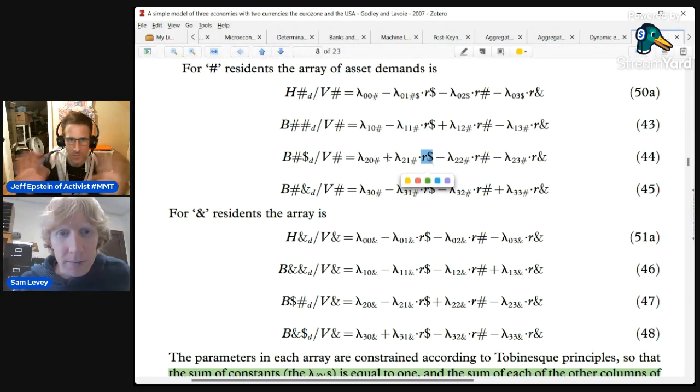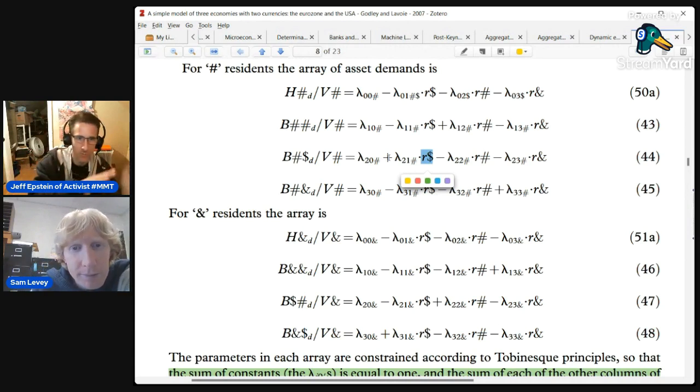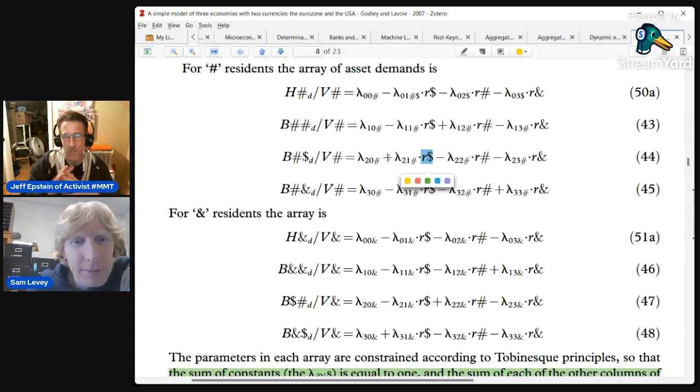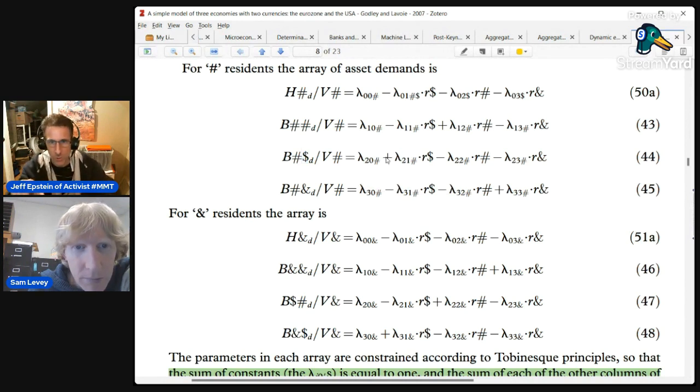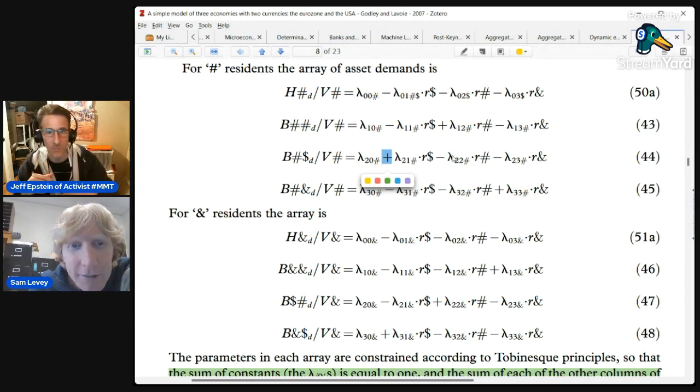My power discussion, about Greece being less powerful and so on, wasn't considering signs. So with the sign, if the dollar interest rate goes up, you want more U.S. government bonds, and so there's a plus sign right here in the U.S. government equation. The 2 is negative because that takes away from my desire for U.S. bonds. I'm going to want less U.S. bonds because the other asset has a better interest rate.